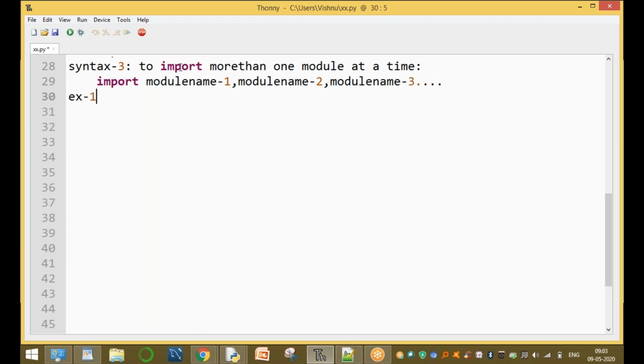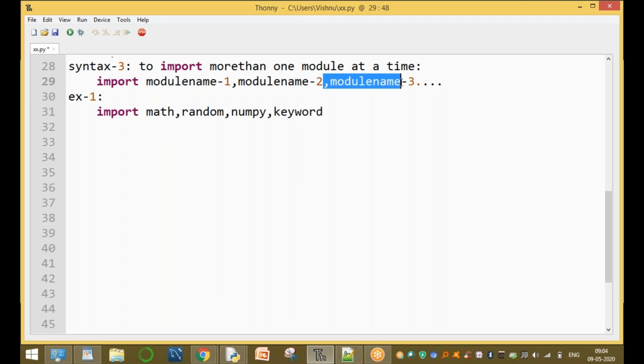For example, import math, random, numpy, and keyword. These modules are imported with only one statement. So this statement is used for importing more than one module: module name 1, module name 2, module name 3, and so on.